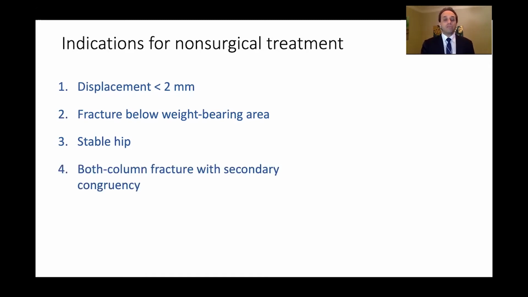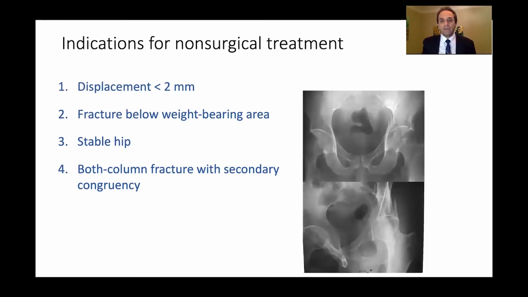A both column fracture with secondary congruence, and this is a bit peculiar, so I found this X-ray in one of Dr. Wael Taha's lectures. Here you can see that the acetabulum is fractured everywhere, but it still maintains the rounded shape around the head. So we call this secondary congruence. Congruence is the containment of the head inside the acetabulum, and this is secondary because it's all fractured. So for example, if you have a case like this and the patient is 60 years old, you may treat him conservatively. Finally, when we have advanced medical problems and the anesthesia is going to force you to treat the patient non-operatively.